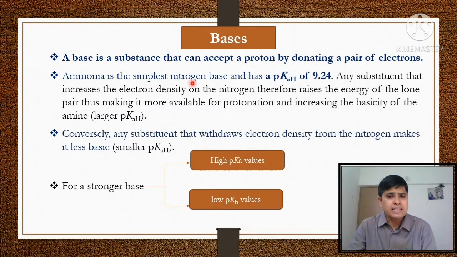Ammonia is the simplest nitrogen base and has a pKaH. I am not mentioning pKa only, I am mentioning pKaH. The H means this is the pKa value of its conjugate acid. pKaH is the measure of acidity of its conjugate acid. So the pKaH value for ammonia is